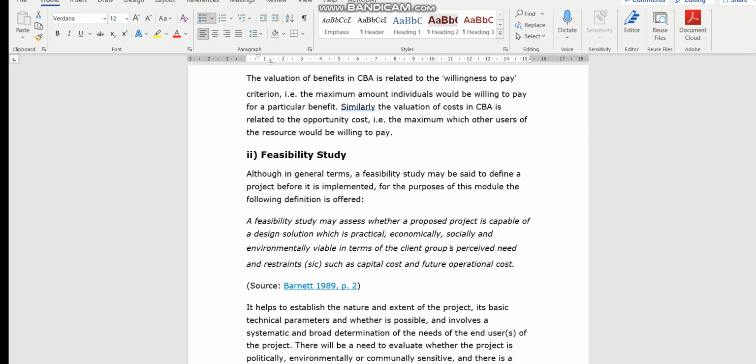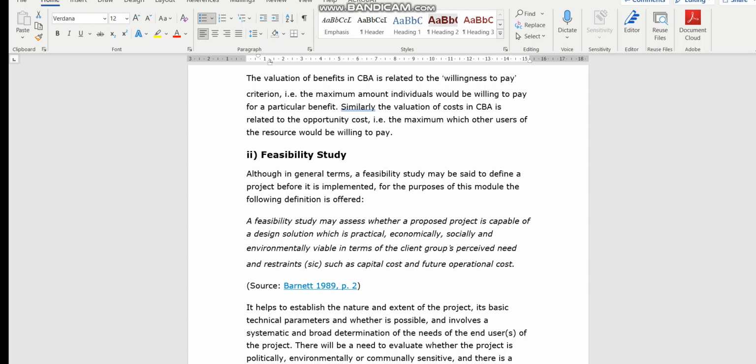Okay, so the next thing is feasibility studies. Some people call whatever we were studying just now feasibility studies, but strictly speaking, it is not. Strictly speaking, those are cost-benefit analysis. But some places or some people may call it feasibility studies. I call it economic feasibility, whereas feasibility studies not only cover economic feasibility, but we are actually covering also